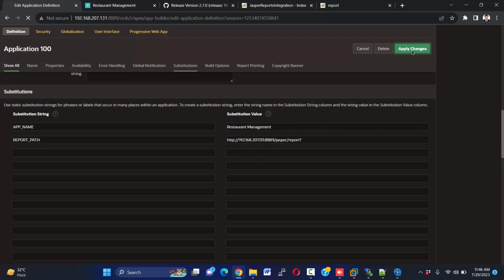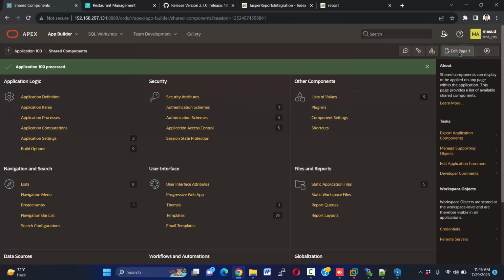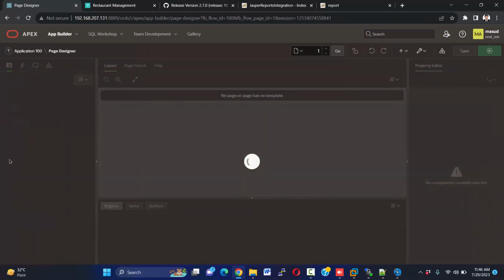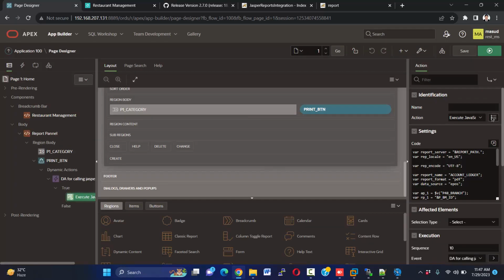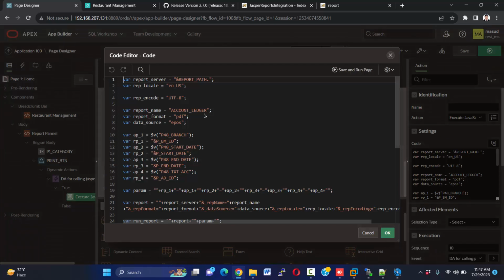Apply changes and go to page number 1 and open the JavaScript file. Report server, we have declared a list of variables here. See, report server, we have called it here, and